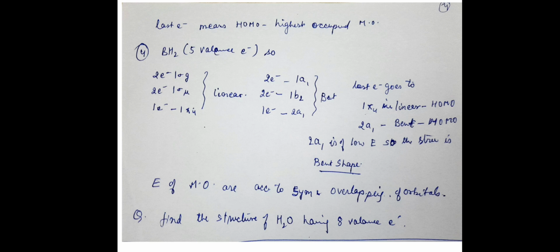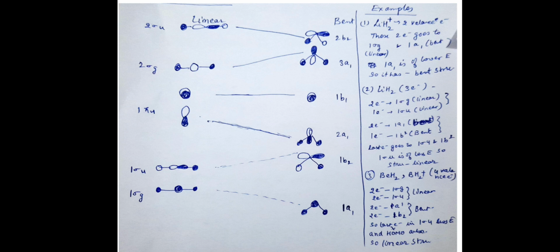इसके बाद अपन लास्ट एक एग्जाम्पल लेते हैं BH2। BH2 में कितने इलेक्ट्रॉन होते हैं, वैलेंस इलेक्ट्रॉन 5 होंगे। 2 इलेक्ट्रॉन नीचे वाले ऑर्बिटल में जाएंगे, 1 सिग्मा जी। देखिए ये दोबारा इस कैरेक्टर टेबल को देखिए, 2 इलेक्ट्रॉन जाएंगे 1 सिग्मा जी 1a1, इसके ऊपर 2 इलेक्ट्रॉन जाएंगे 1 सिग्मा यू और 1b2। इसके बाद आपके पास एक इलेक्ट्रॉन बचता है। तो वो एक इलेक्ट्रॉन किस में जाएगा, 2a1 या 1 pi u में जाएगा। लोअर एनर्जी किसकी है, लीनियर की है कि बेंट की, लोअर एनर्जी a1 की है, तो इसमें चला जाएगा। तो शेप कौन सी हो जाएगी, बेंट।